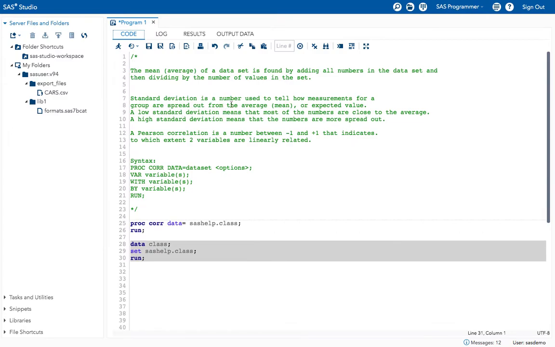Standard deviation is a number used to tell how measurements for a group are spread out from the average, mean or expected value. A low standard deviation means that most of the numbers are close to the average. A high standard deviation means that the numbers are more spread out.